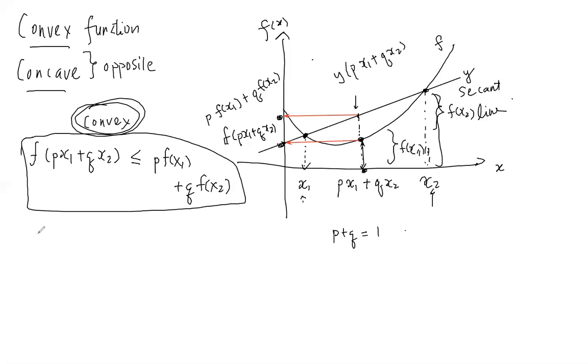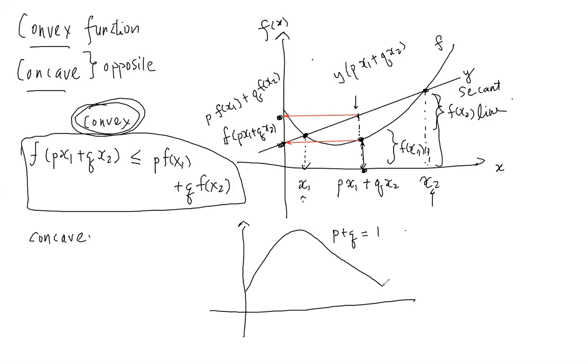If you have concave functions, basically you flip, right? So you have a function that goes like this, concave, something like this. This looks like the entrance. How to remember convex and concave? Roughly you can see concave, right? See the word cave here. If a function looks like this, it looks like the entrance of a cave. Otherwise you always get confused with convex and concave. So convex is basically the opposite of concave. That's it.